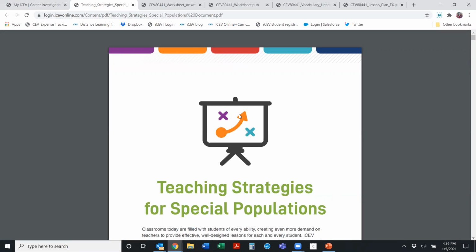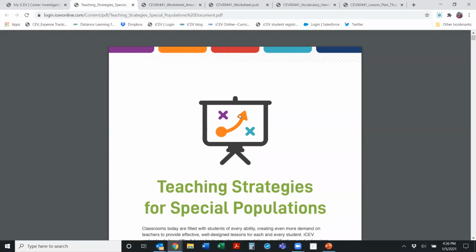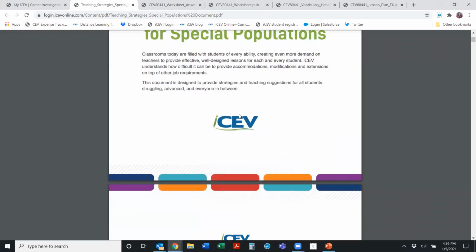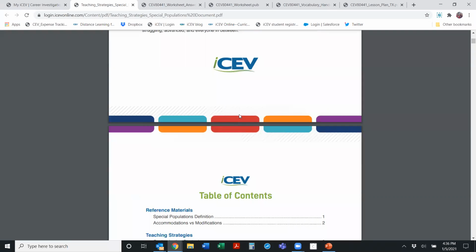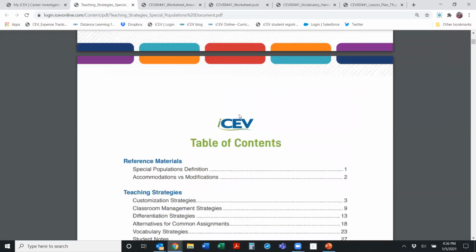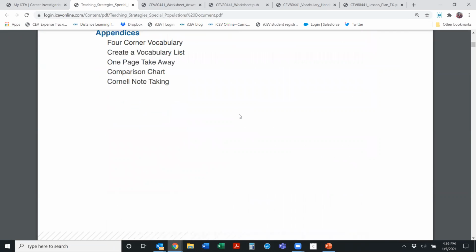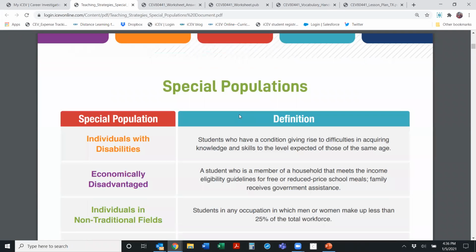Everybody knows that in CTE classes, you get such a wide range of ability levels and learning styles. So this really was popular to help our subscribers and our special populations support staff know how iCEV could be used to serve them. So here, I'm going to scroll down just a little bit. We show you the definitions.